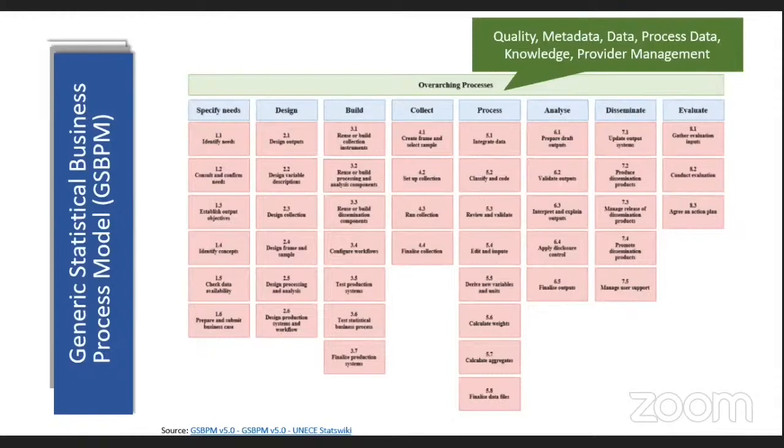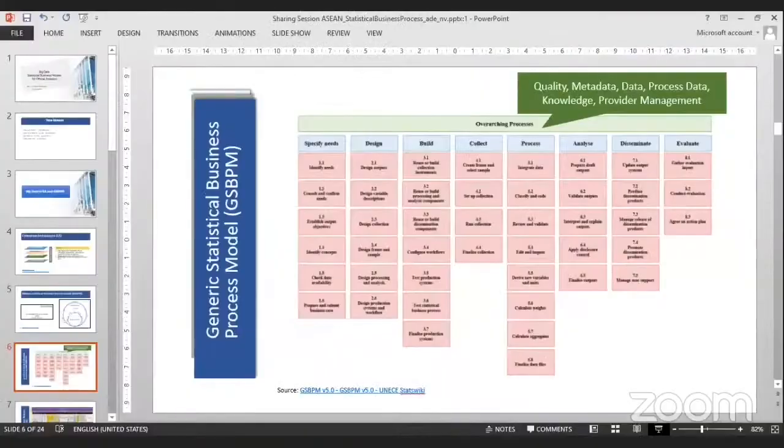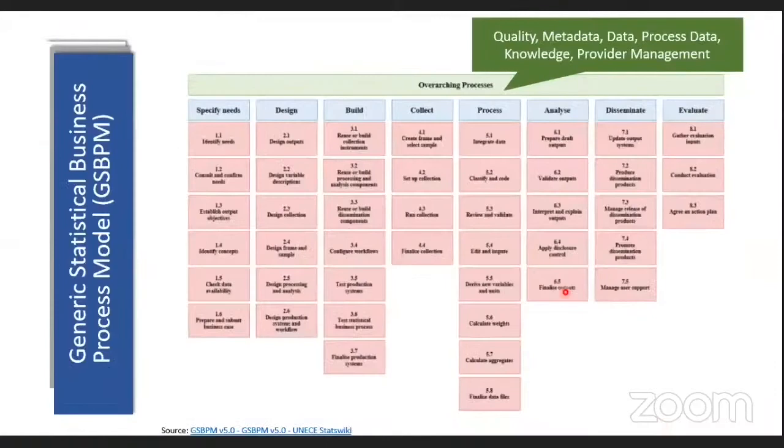These overarching processes include, first, quality management. This process includes quality assessment and control mechanisms. It recognizes the importance of evaluation and feedback throughout the statistical business process. And second, metadata management. Metadata are created or reused and processed within each phase. Therefore, there is a strong requirement for a metadata management system to ensure the appropriate metadata retain their link with data throughout